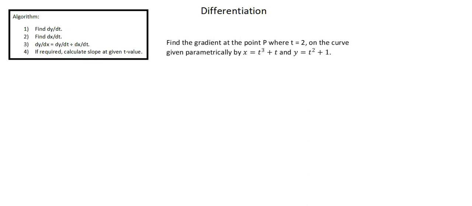Our topic is differentiation, and we're going to look at two examples of parametric differentiation. We use parametric differentiation when x and y are given as functions of a third variable. The third variable is the parameter, and the two equations given with x and y as the subjects are the parametric equations. In this example, we read our requirement: find the gradient at the point P where t equals 2